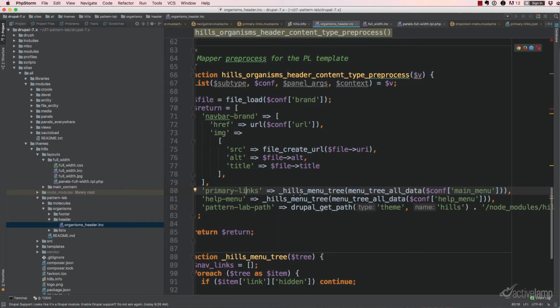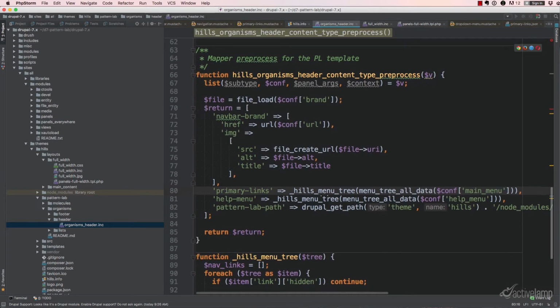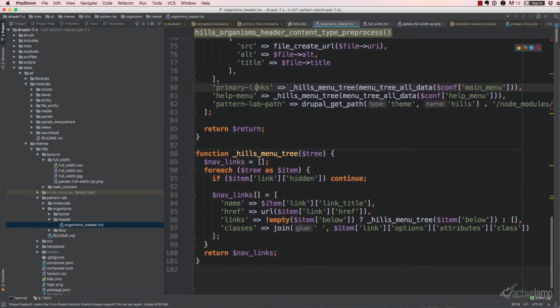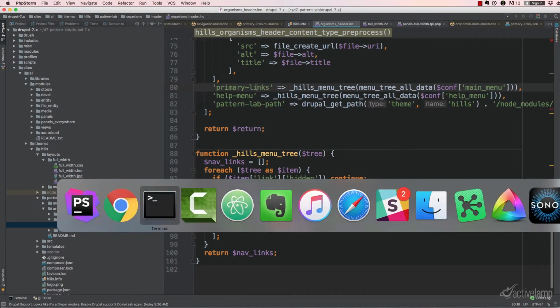You can see here, Hills menu tree. This is essentially creating that array that Pattern Lab is expecting. All right, so I'll show you an easier example of what that looks like as we continue to build out